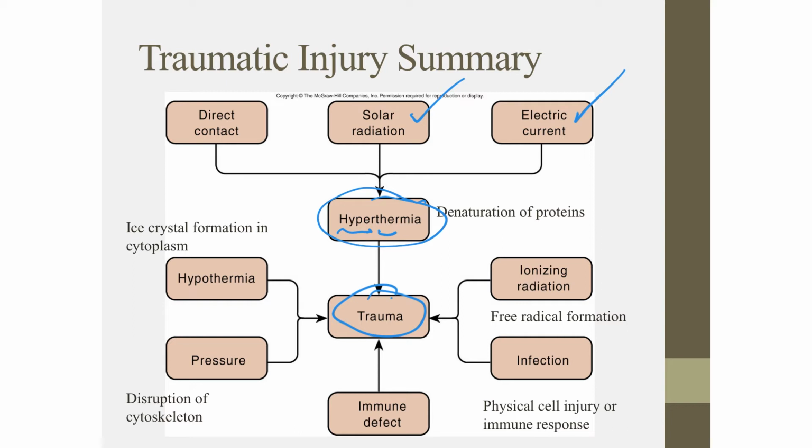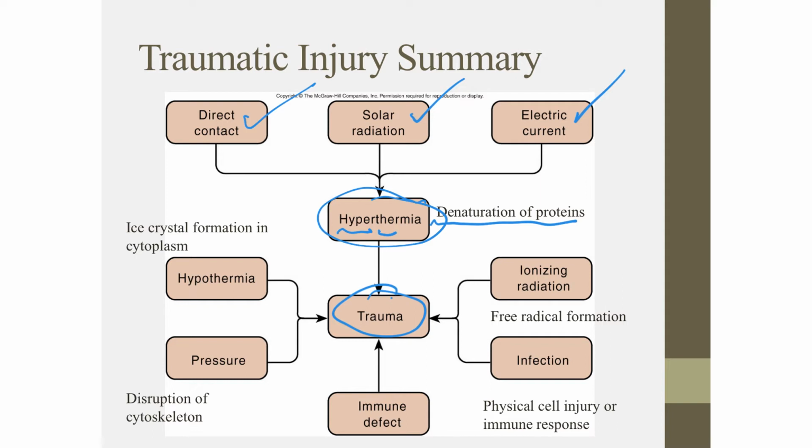And then there's also direct contact with things that cause hyperthermic reactions inside of cells, and that can be as simple as touching a stove or touching fire, something that's too hot and it injures those cells. And at the very basic level, this causes the unfolding of proteins, which are quaternary or tertiary in structure, and when they unfold, we call that denaturing. So they're denatured. And that's important because everything in the body,